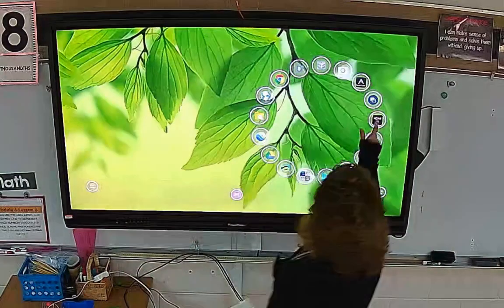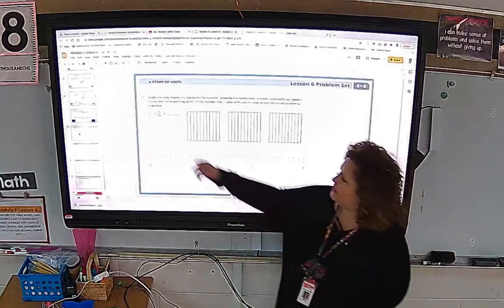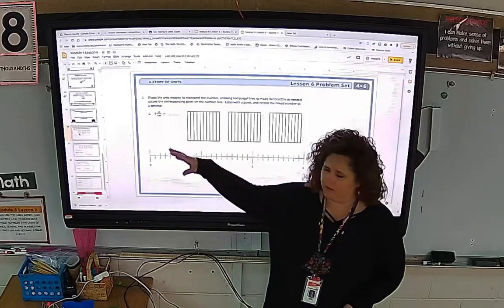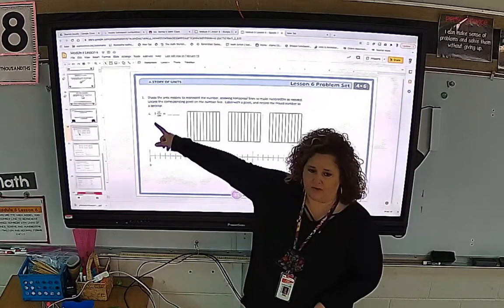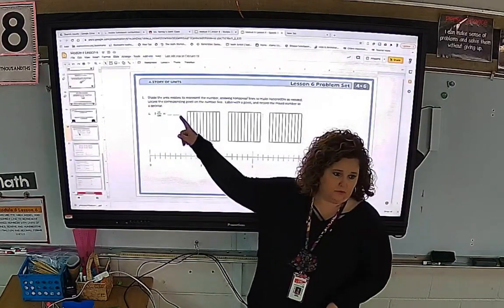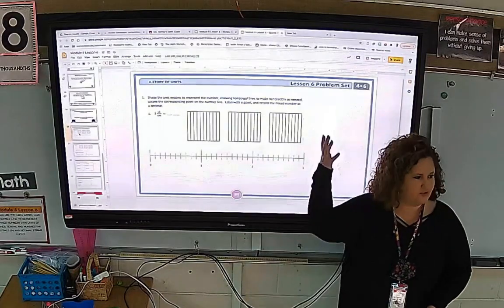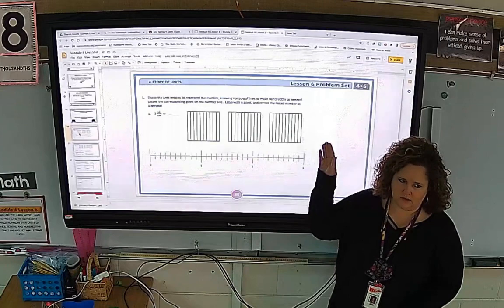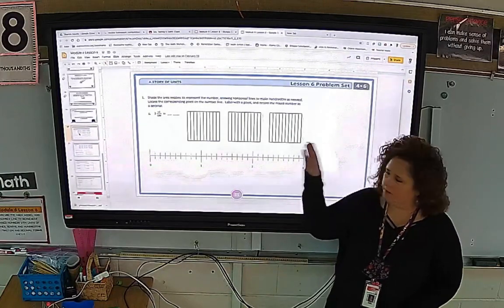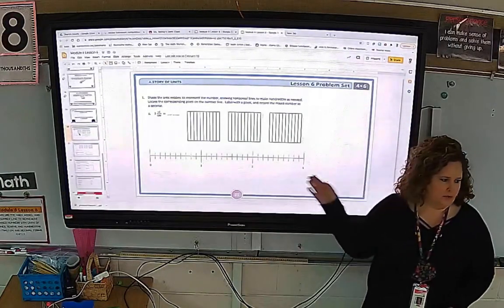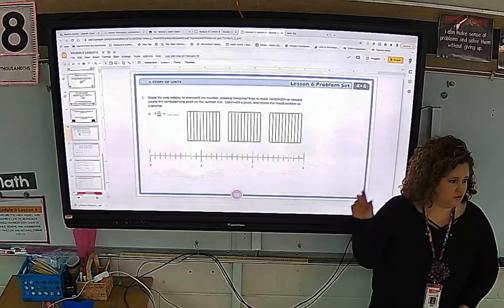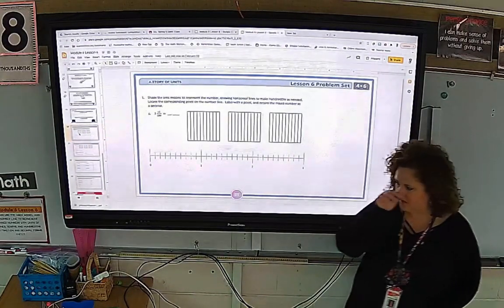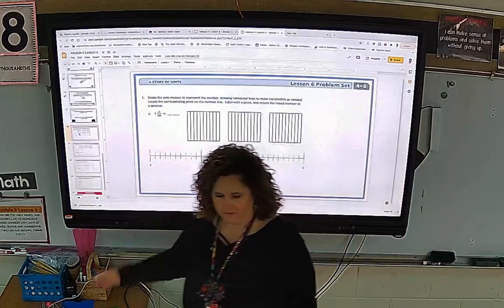On this first section, guys, it's just a little different form. It's just like what we have been doing. They give us a fraction. You write it as a decimal. Remember earlier we had a fraction, we wrote it as a decimal, and then we shaded in the boxes. But then they also want you to put it on the number line. So you're doing both things with it. You're shading the area model. You're also putting it on the number line. Okay, question about that? Yep.